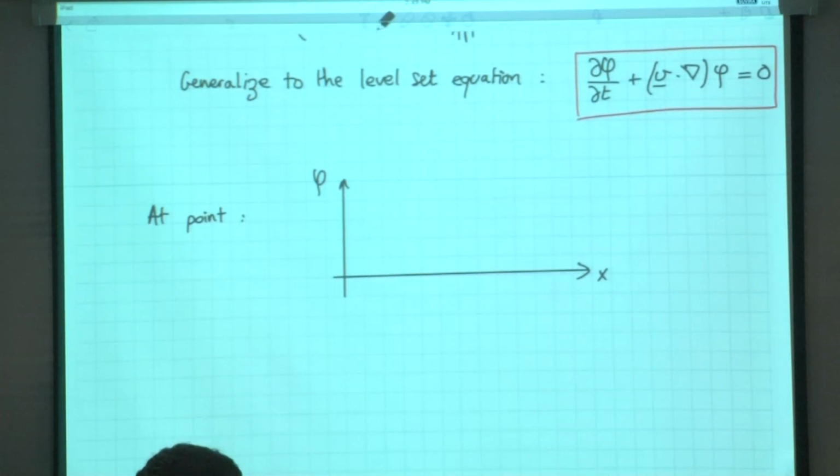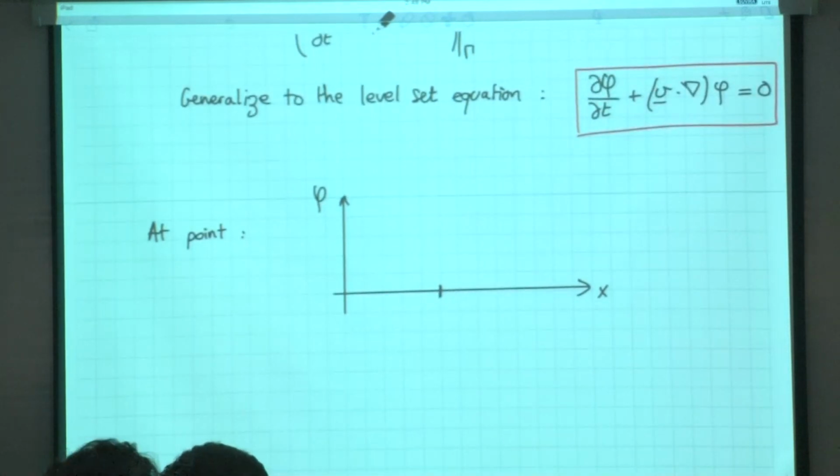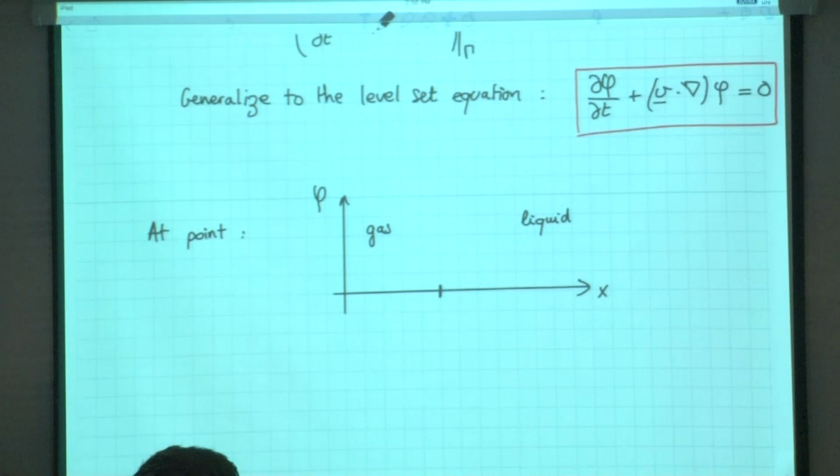From our definition so far, if I have gas here and I have liquid here and I have gamma here,